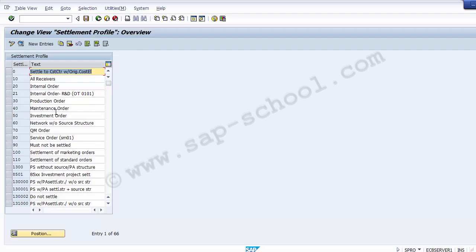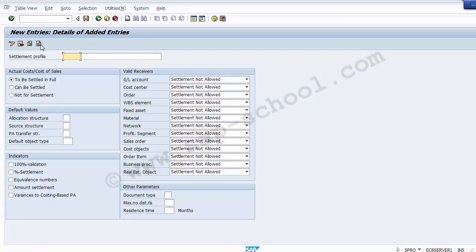What we need to do is create our own settlement profile. So we'll be going to the new entries. Click on the new entries. Once I have selected the new entries, now we need to define a settlement profile ID, which can be of 6 characters, or it could be alphanumeric. Suppose I take it as Z110,